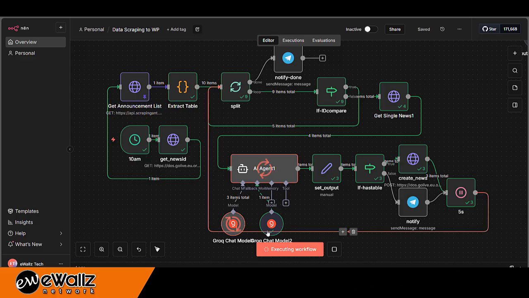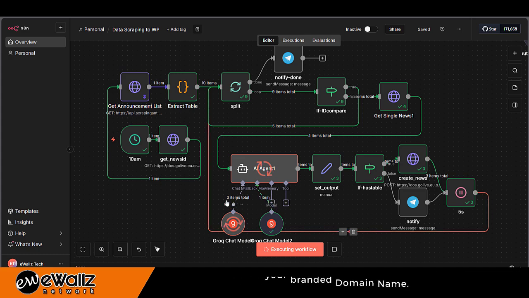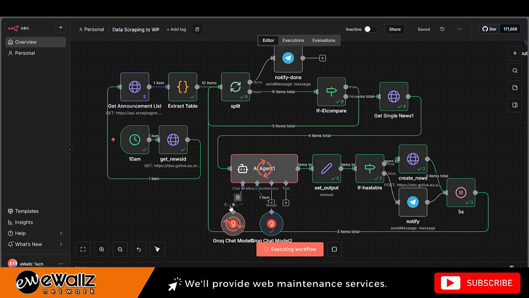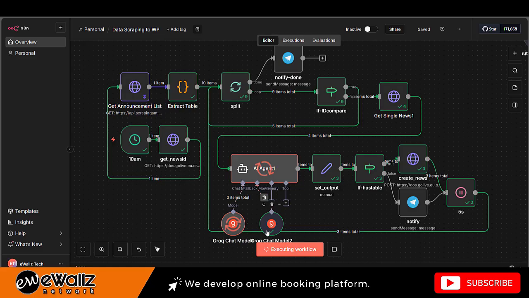Okay, as we can see here, now it is using the second Grok model. One item is using the second Grok model, and 3 items are using the first model, the main model, meaning that there was a process where the first option had some failure, so it falls back to the second model as backup.